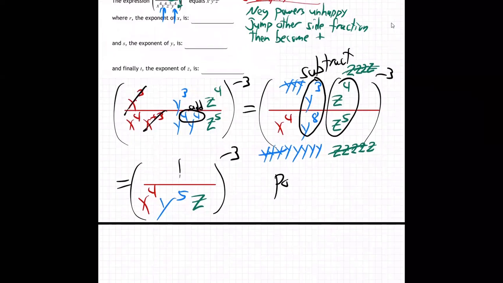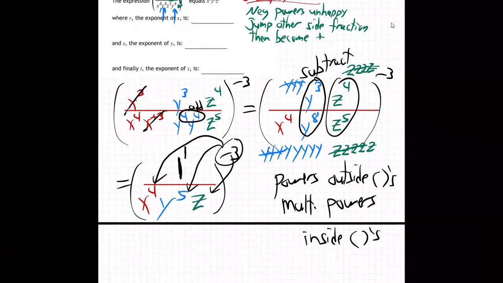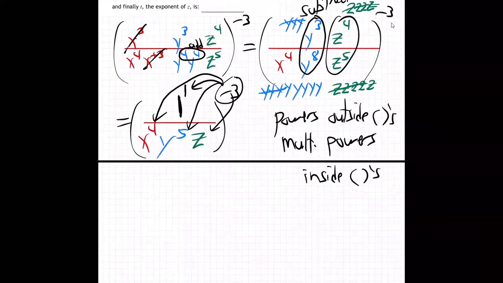Well, you know, powers outside parentheses multiply powers inside parentheses, right? So that power right here is going to go boom, boom, boom. This little 1 has a 1 power also, by the way. You can do that. It's really not going to do anything because it's just a 1, right? If you want to write 1 to the -3, I mean, that's technically true. Every number, every letter, if it doesn't show another power, has an invisible 1 power. So powers outside parentheses multiply powers inside.